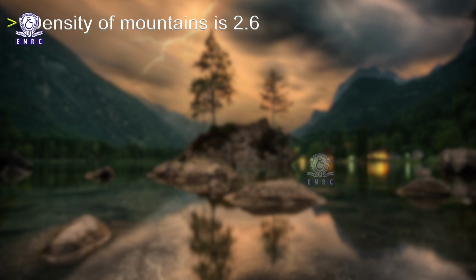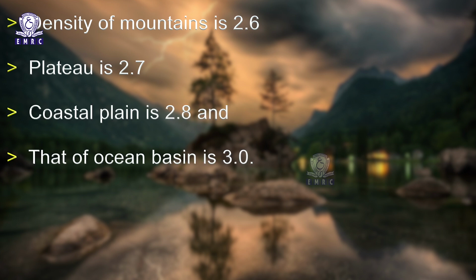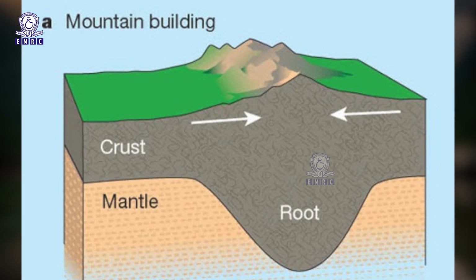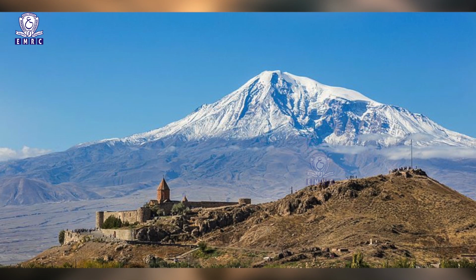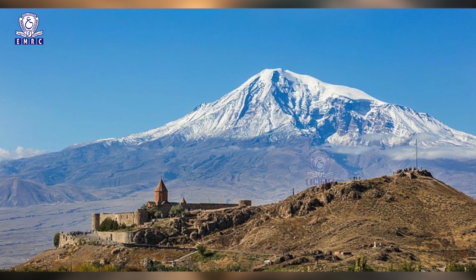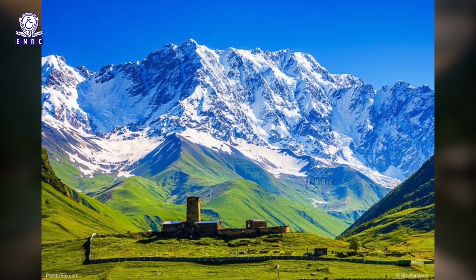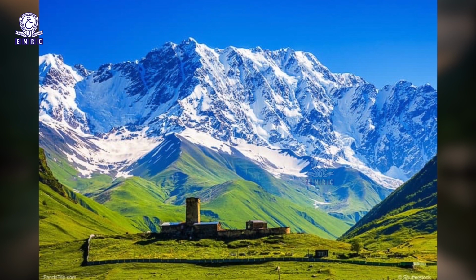The relative density of mountain is 2.6, that of plateau is 2.7, coastal plains is 2.8, and that of ocean basin is 3.0. According to him, the relative density of the mountains, plateaus and plains is not the same. The mountains have lower density than the plains. The land blocks in the form of mountains, plains, etc. are floating over sima. According to Pratt, the differences in the height of the surface features is due to the